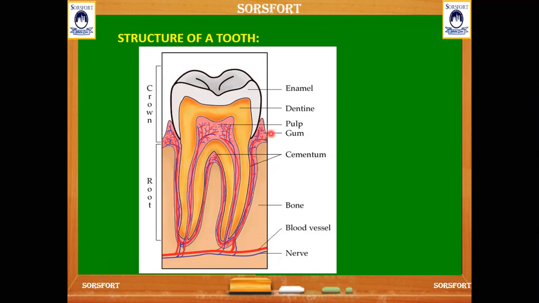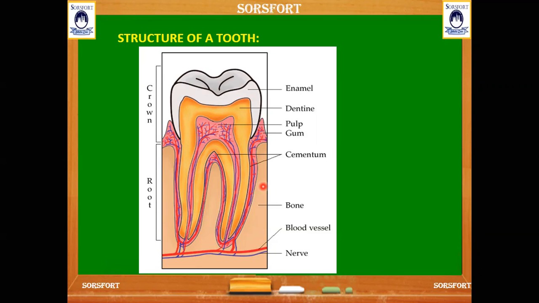And here comes the gum. The pinkish part below the teeth which we can see is the gum, which is used to fix the tooth in it. The gum surrounds the tooth and covers the jawbone also. When our teeth are good and healthy, they are held firmly between the gums. You can see the gum in your face.